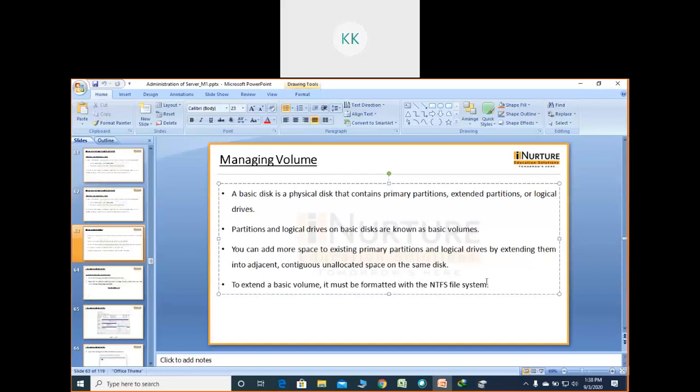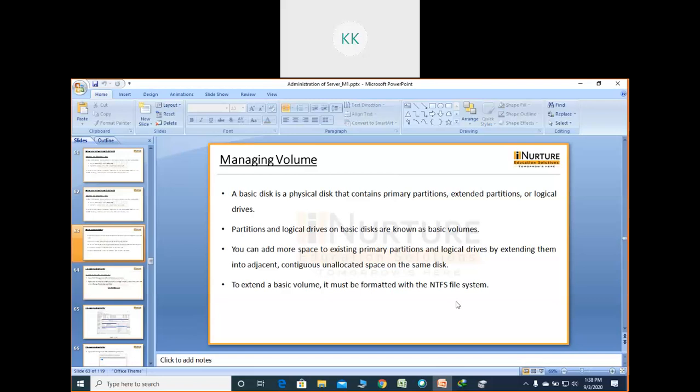There are two different types of file system in Windows: one is FAT32 and the other is NTFS. To go for this type of task, you always have to partition your system using NTFS only. Otherwise, it will not work.